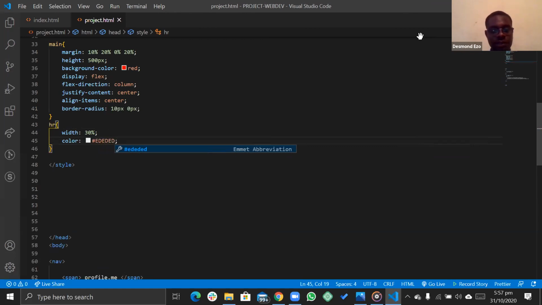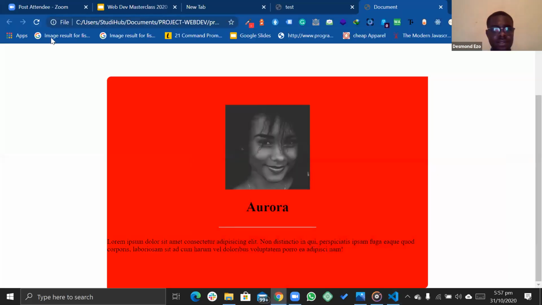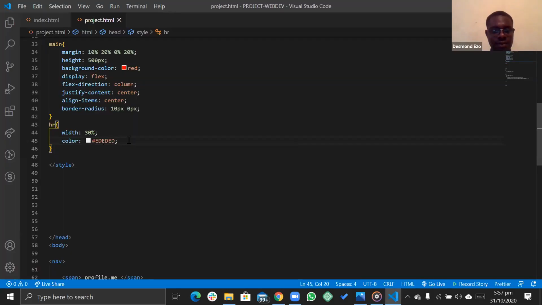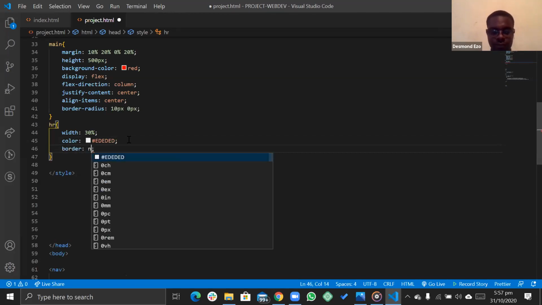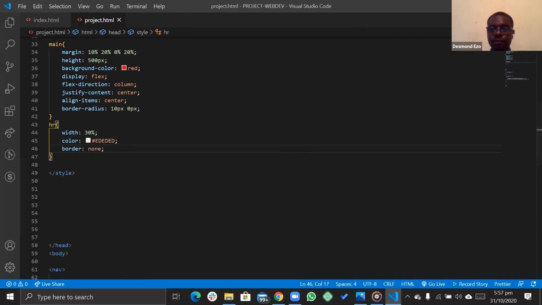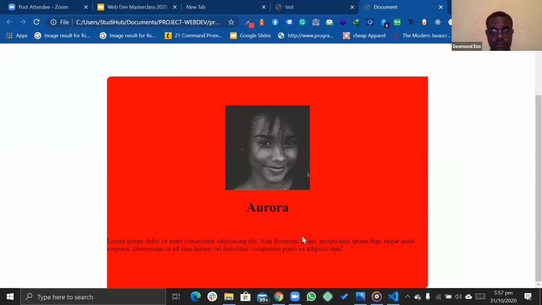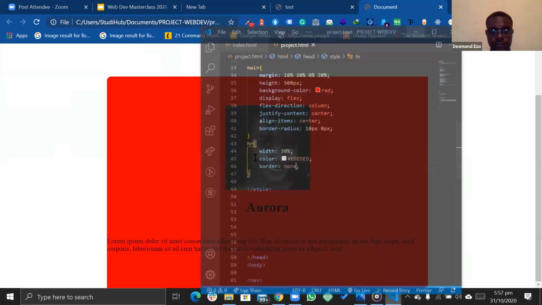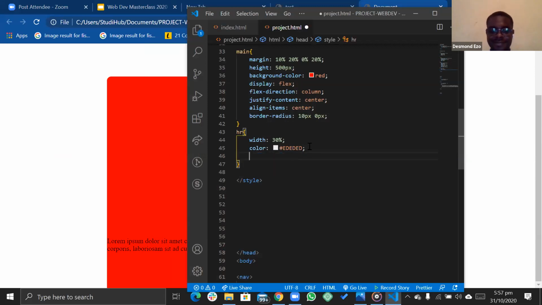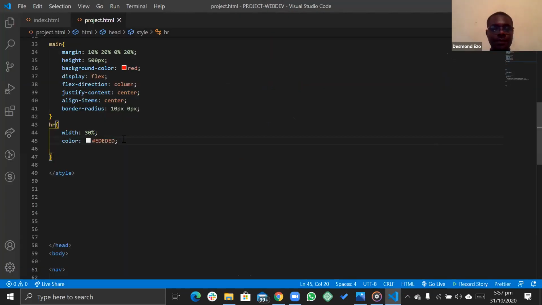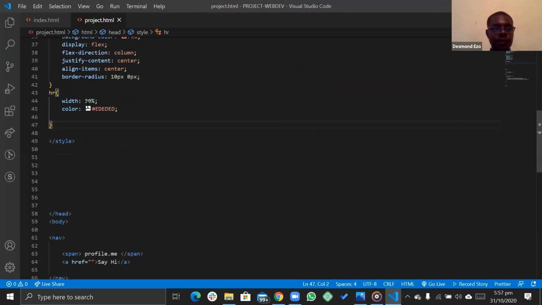So I think that's somewhat white. Okay. So the horizontal row, we've provided a width of 30% and a color of ED.